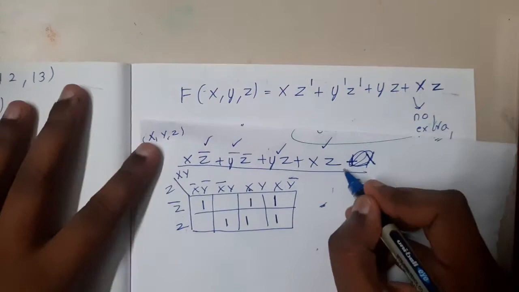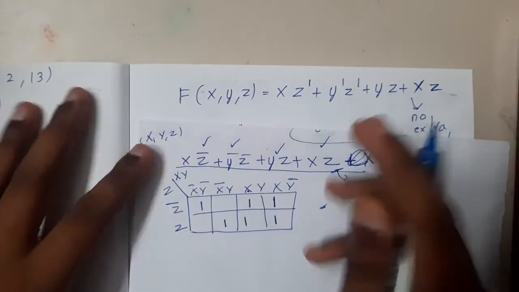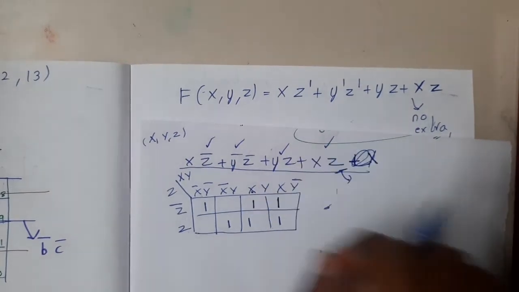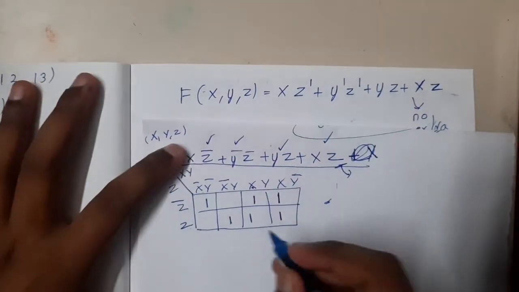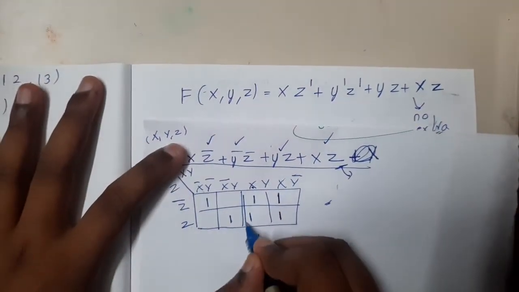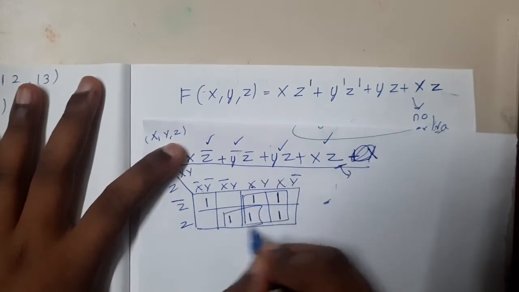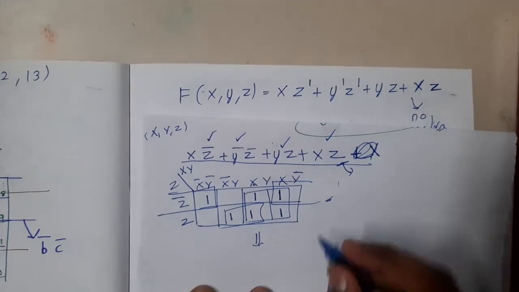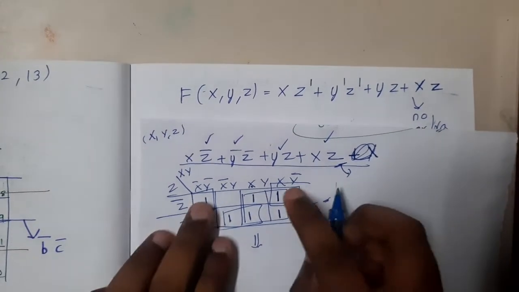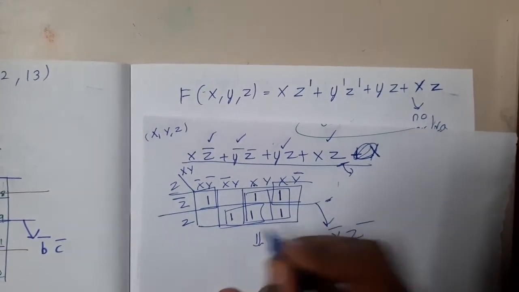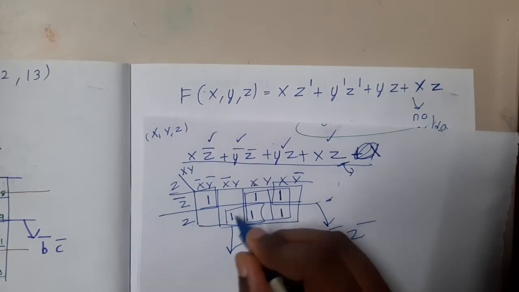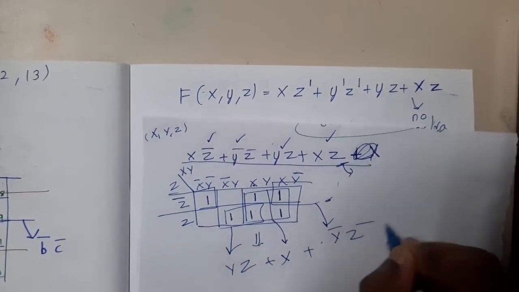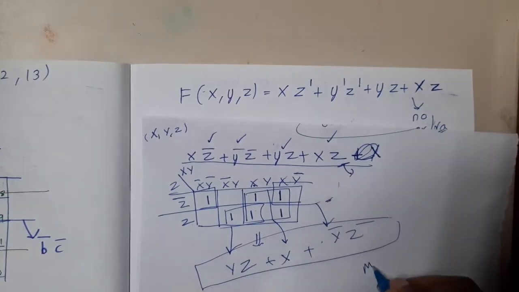So this equation has no minimization with respect to removal. Basically I cannot remove something and get the same result, but it can be minimized. If you observe carefully, this 4 I can make into a single set and this 2 into a single set and this into a dual set, right? This dual set is y bar, z bar, this dual set is z, y, and this 4 set is x. So this is the result. So this is the minimal expression.